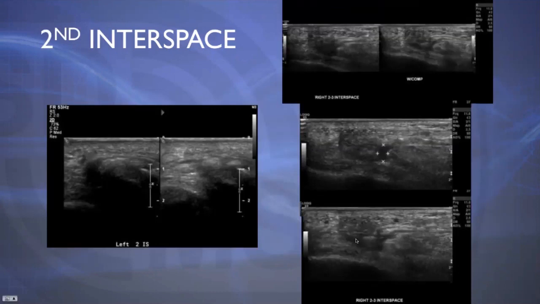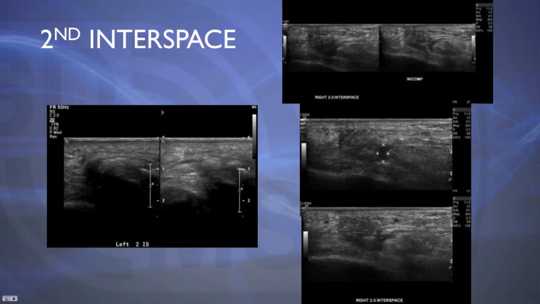Moving now into the second interspace, we have several here that are demonstrating either bursitis or Morton's neuroma. In this image here on the left-hand side is a dual screen image. Again, we're looking and we're suspicious of a neuroma. We compress, it compresses all out, so this is just a bursitis. In the upper images here, we can see we're curious. This looks quite large. Here's a nerve here, thinking that we're going to be looking at a neuroma. We compress. We get most of this tissue to compress out, which is most likely bursitis with a very small